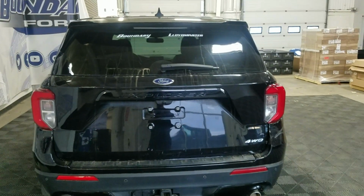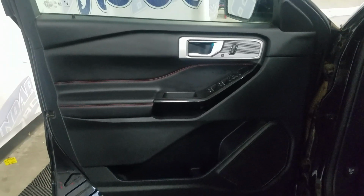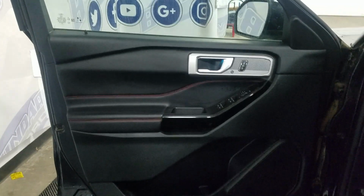At the rear, we have a power-lift tailgate, as well as a rear camera with reverse sensing systems. At the interior, we have driver-friendly features including power locks, power windows, as well as mirror settings and door storage. Making our way into the cabin, you'll see our lovely black leather seating with adjustments located on the side,